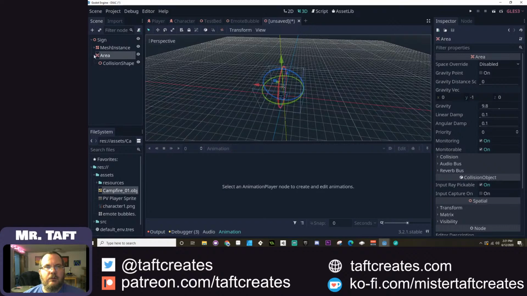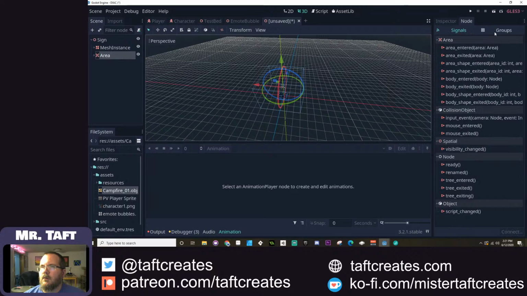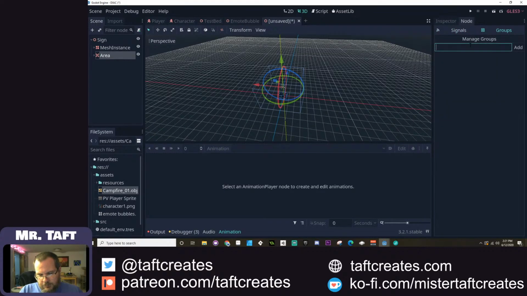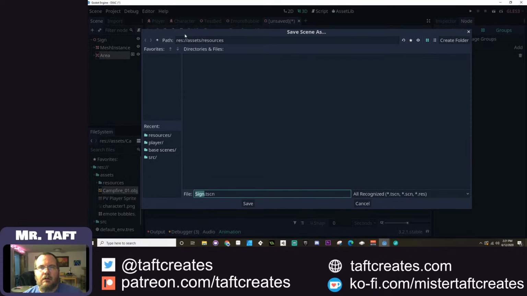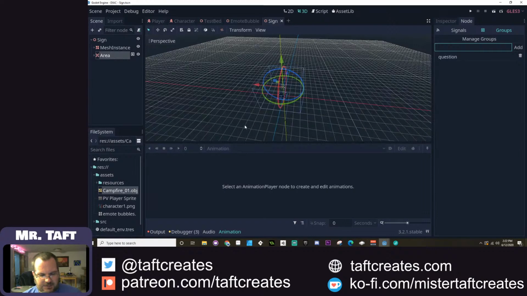I'm going to put this into a group. Area node groups. I'm going to call this... Hello, I still don't know how to say that. Orski? Sorry. Hello, Orski, how are you? Use a lowercase question. And then let's save this scene. Source. Call this objects. And it's not a sign, it's a fire, but